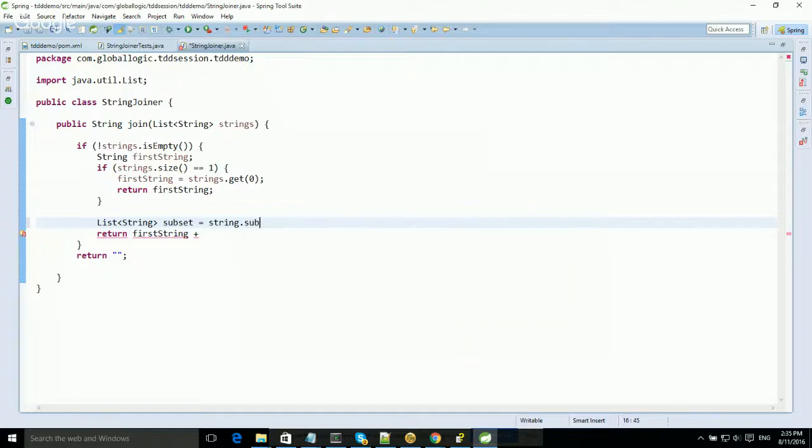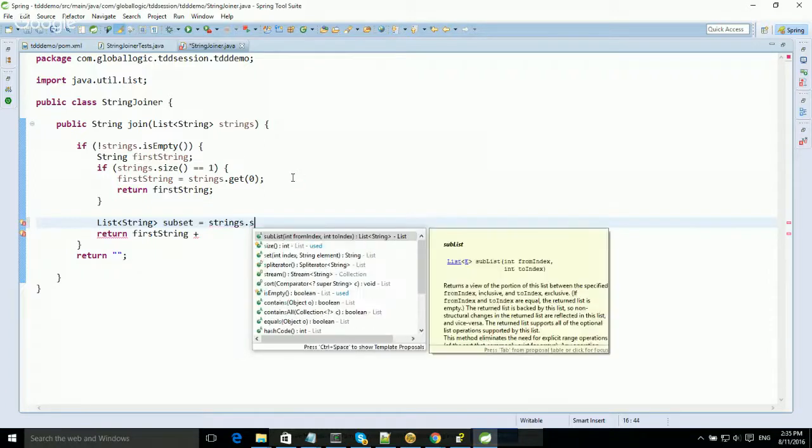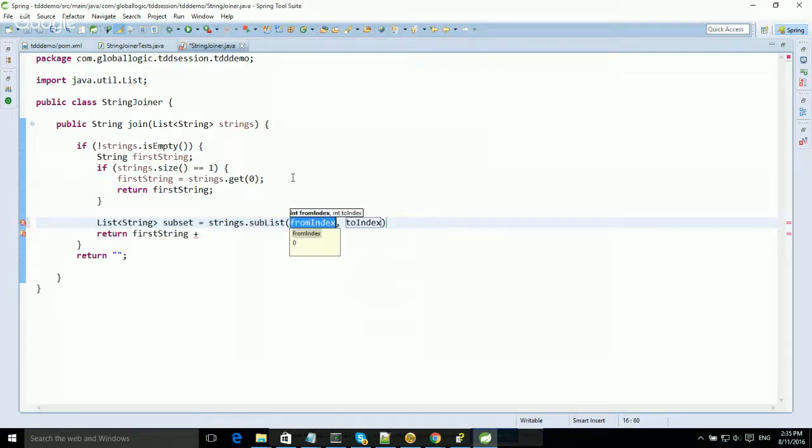Strings subset sublist, from index 0 and index 1. Fine. So we have got the sublist or remaining string,